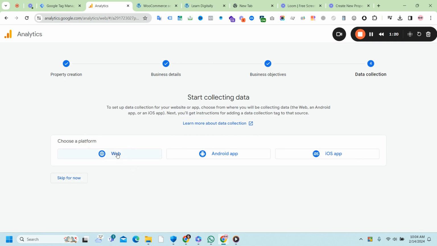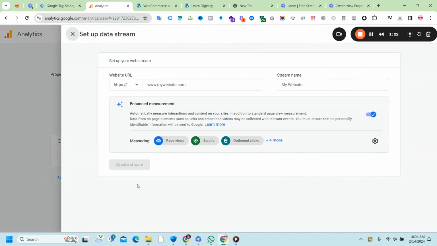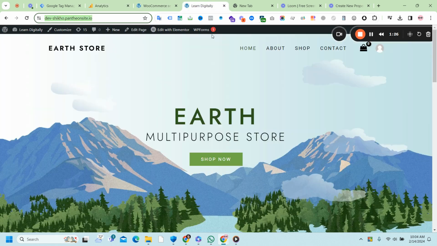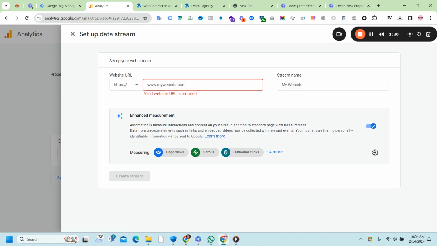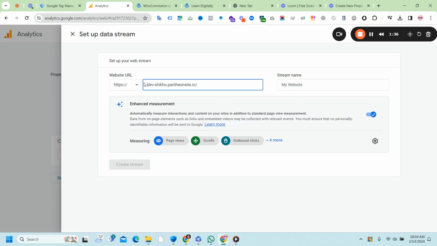Choose a platform. This is a website. Here is your website URL. Copy and remove the HTTP. Here is your website name. Okay,